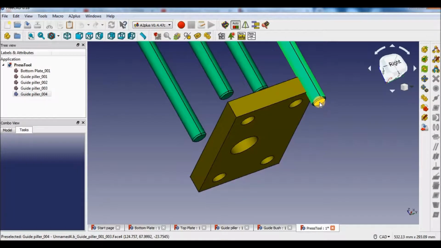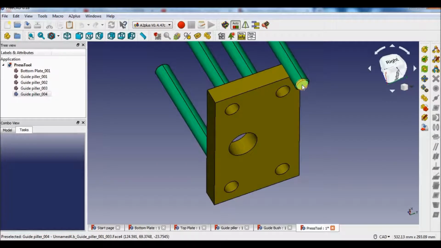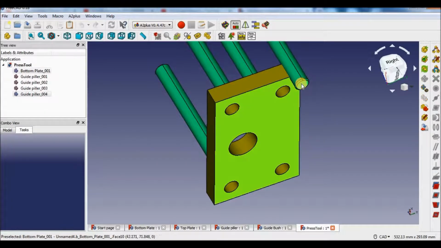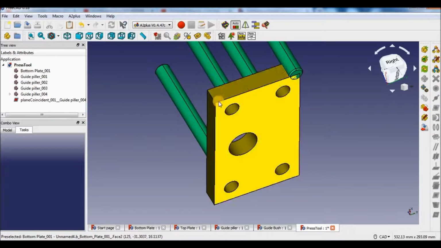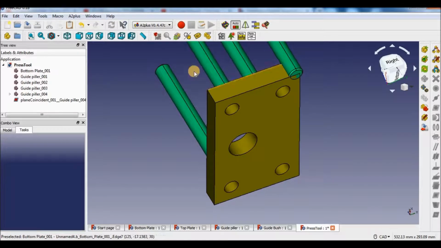Select surface, press Ctrl. Apply the same procedure to other three pillars.